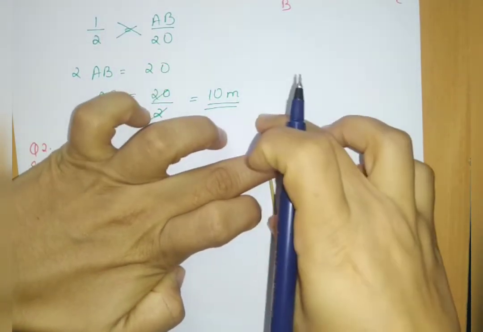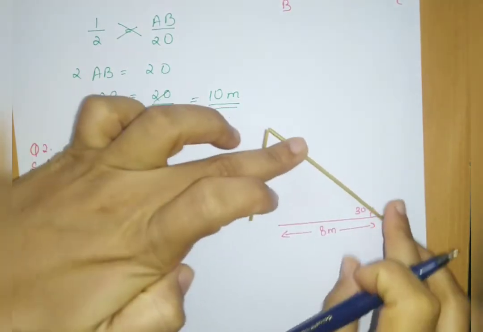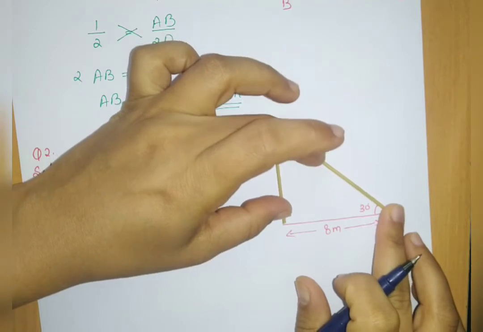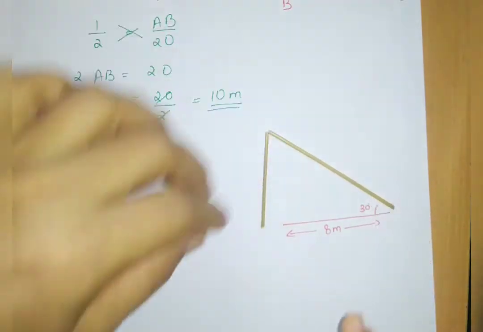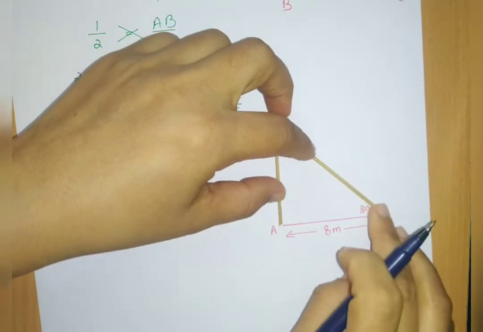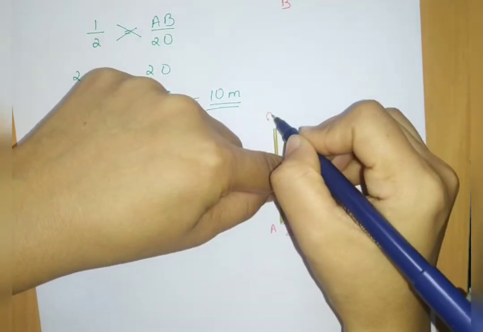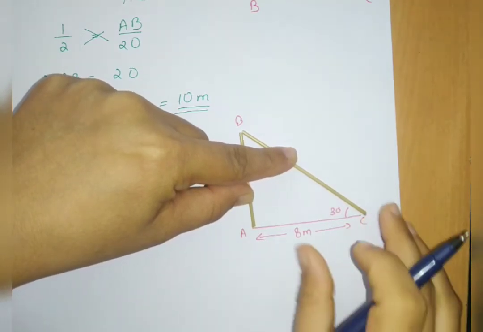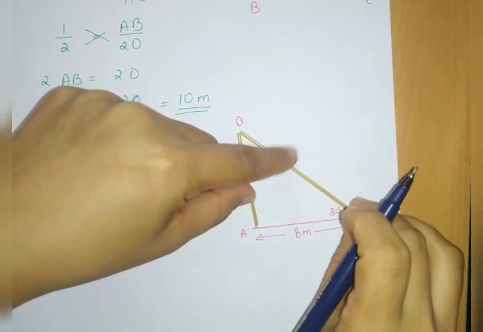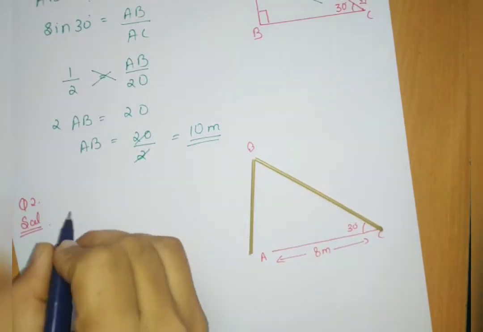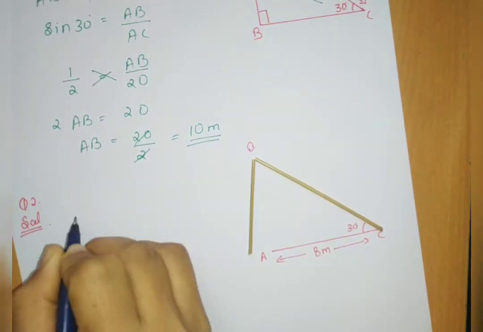Now see, this is also the tree and this is also the tree. Now I'll fix it like this. If I give some names, this is A, this will be our B and this will be our C. What I need to find out? AB plus AC, because that is the full tree. So I need to find out the height of the tree.